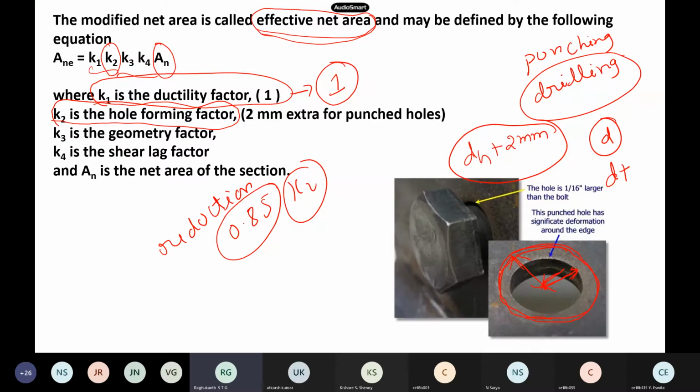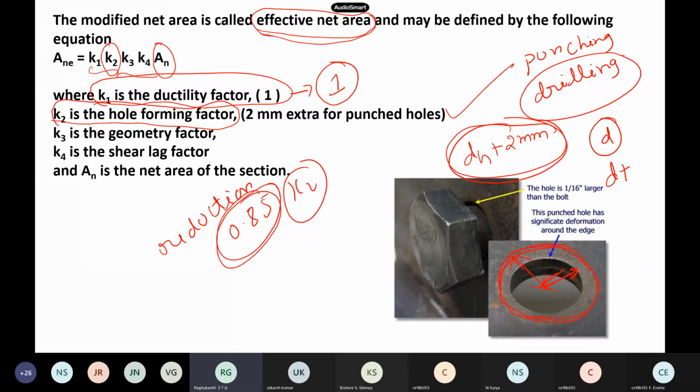The reason is, punching near this hole, the material gets excessive deformation, and it will not carry any additional strength. So this we account for in the codes. International codes use a reduction factor. The IS code simply says 2 mm: you just increase the diameter of the hole, which is very simple for practicing designers. So you use the hole diameter plus 2 mm, and then you solve the same problem. So this is one more important thing.